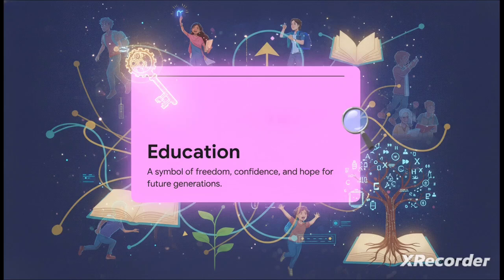In Metha's work, education is portrayed as the ultimate key to personal empowerment. It symbolizes freedom, it builds confidence, and it represents the only true hope for future generations. Education is the exact tool Geeta uses to preserve her individuality while still fulfilling those heavy family responsibilities. It is the catalyst for meaningful social transformation.